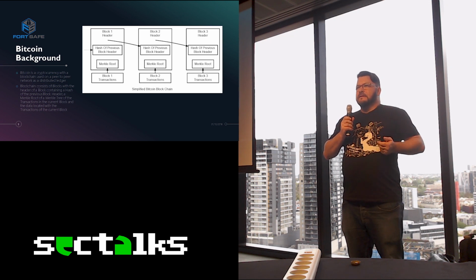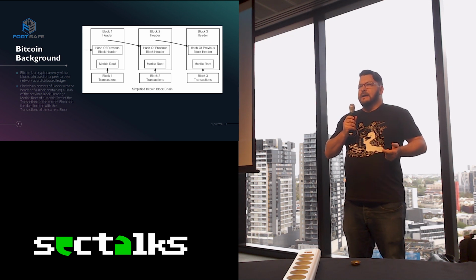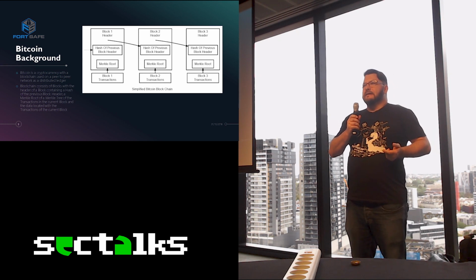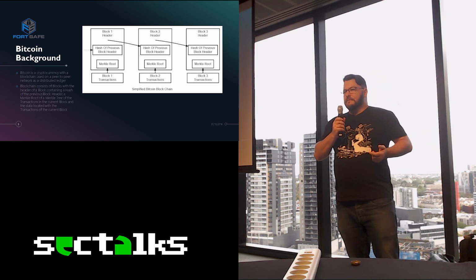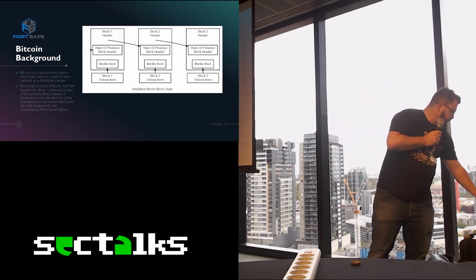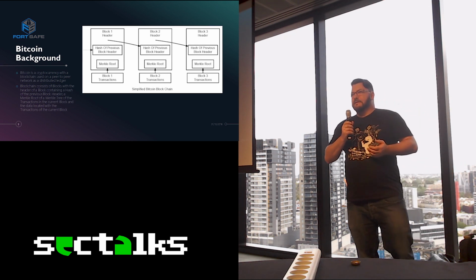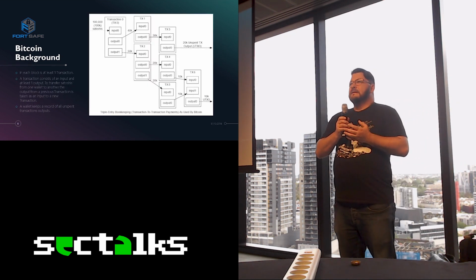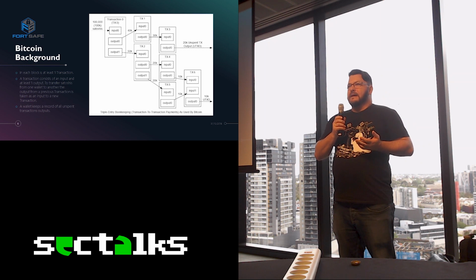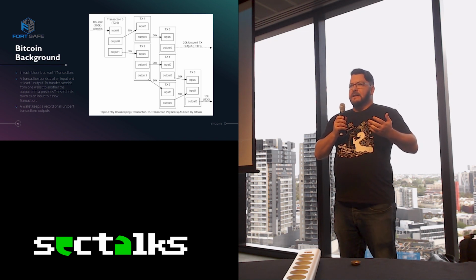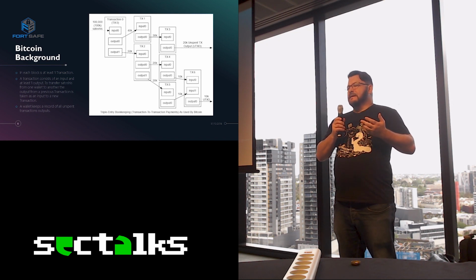So the blockchain consists of blocks with the header, Merkle tree, and data located in the transactions in the current block. So transactions look like this. In each transaction you have a transaction ID, an input, and you have at least one output. So in this example, we're taking